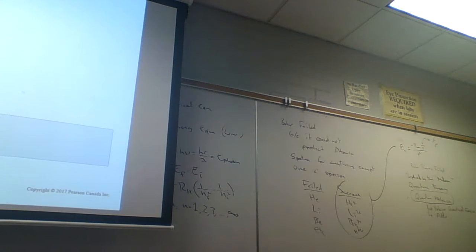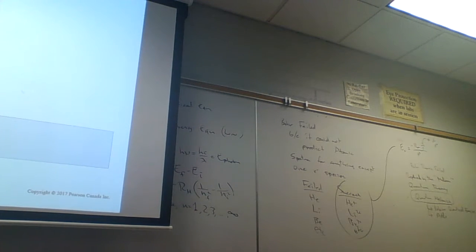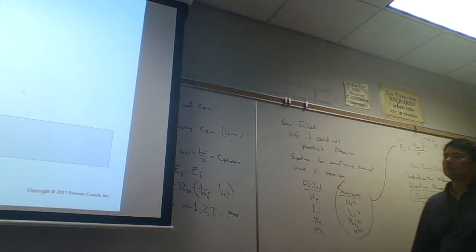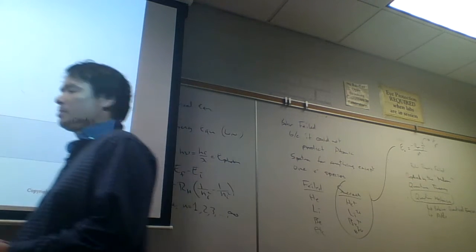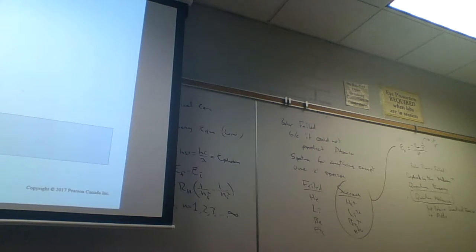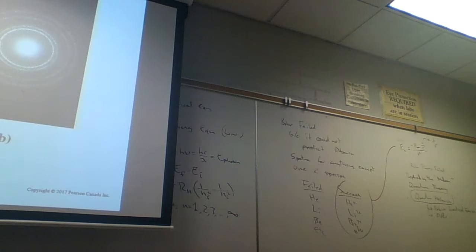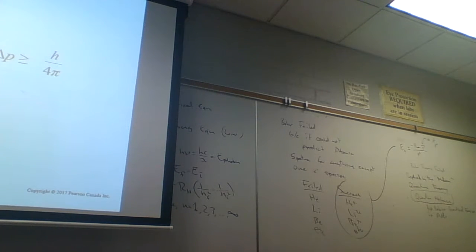And so lambda of matter is equal to h, Planck's constant, divided by the mass times the velocity. And so, for example, a baseball would have wave properties. A car, let's have